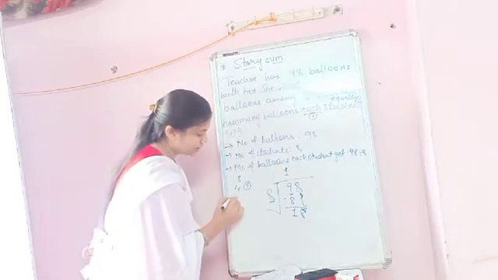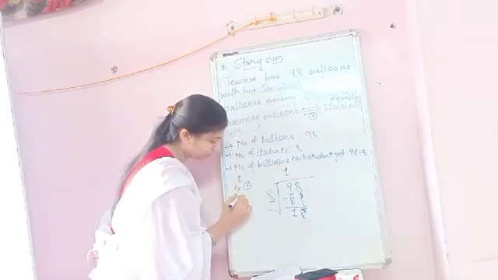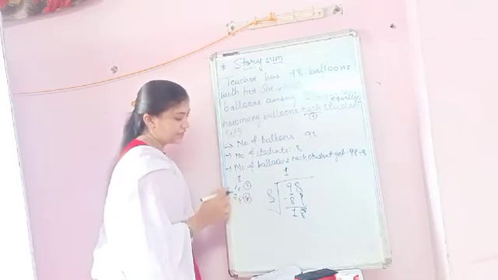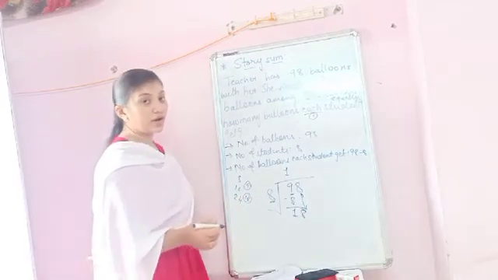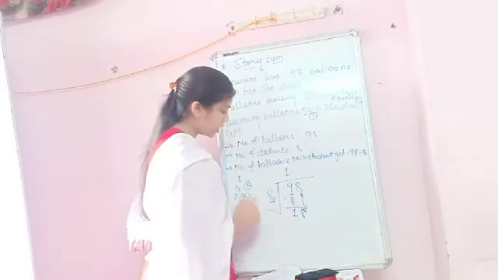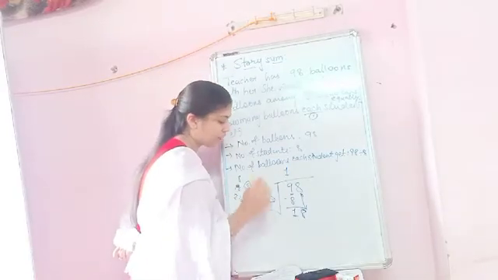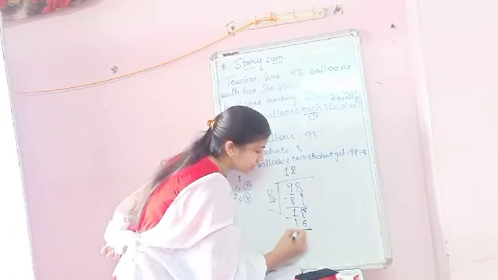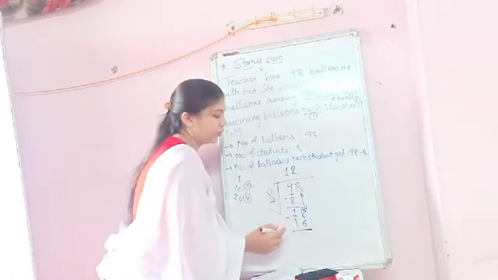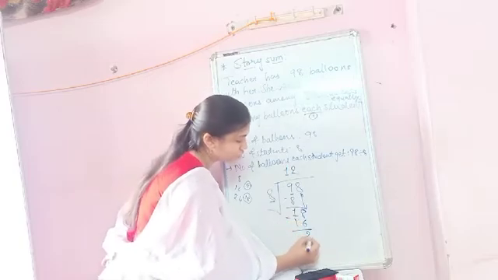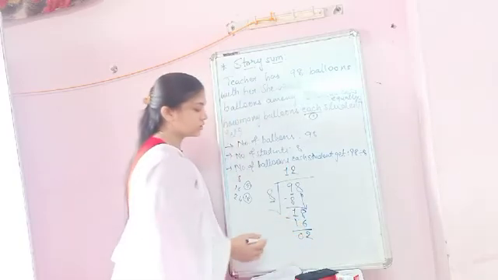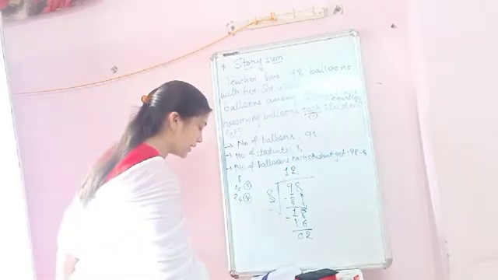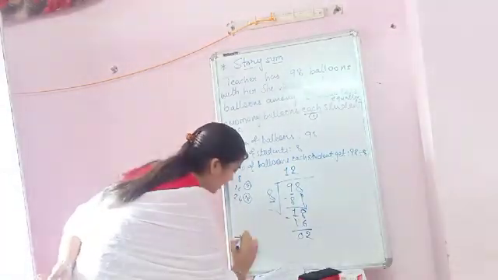Okay. 8 twos are 16. 8 threes are 24. We have to find out 18. So 18 is between 16 and 24, so we have to choose 16. Means 8 twos are 16. Starting from the ones place, 8 minus 6 is 2, 1 minus 1 is 0. So this is the remainder. You have to write down the answers like that.